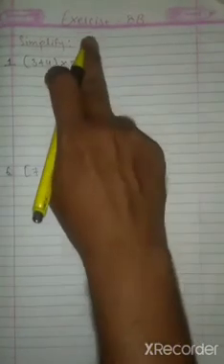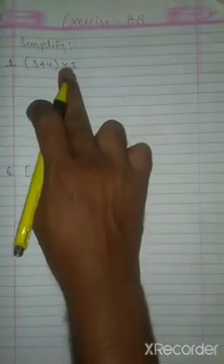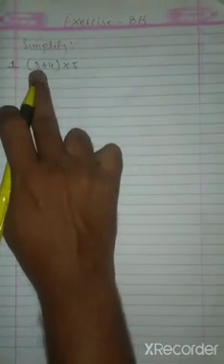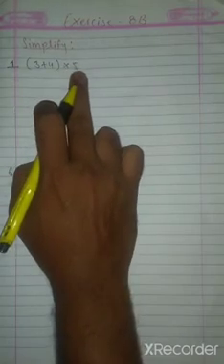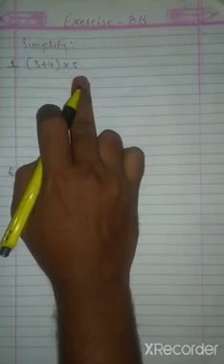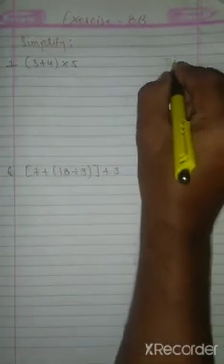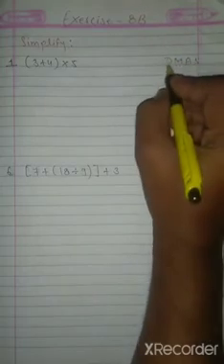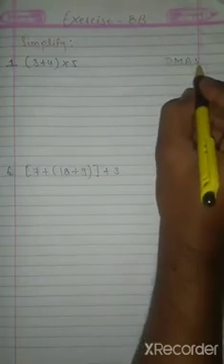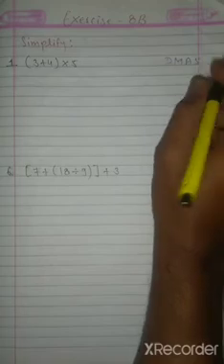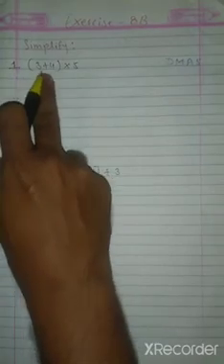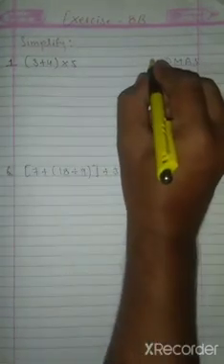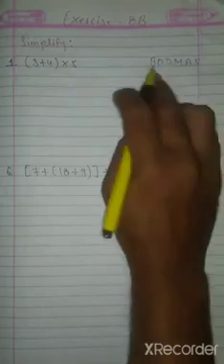Let's start exercise 8b. Question number 1. Simplify: in bracket 3 plus 4, bracket close, multiply by 5. When two or more operations are present, we use a basic rule to simplify. We have already learned about BODMAS: brackets, of, division, multiplication, addition and subtraction. This is the simplification rule, but here you can see we are involving brackets in an equation. So here we will use our simplification rule, BODMAS.